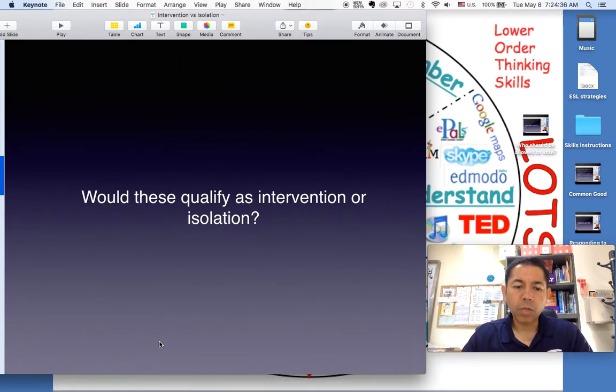So when you look at this question, don't assume just because they went to war that it was intervention. You have to look at the different players involved, the different countries involved, what prompted the United States to get involved, and the opposite. When they didn't get involved, what was the result? And so this is not as simple as it may sound. Oh, we should always be peaceful. No, even when you go to war, it can still pursue a policy of isolation because it's not for another country's benefit.